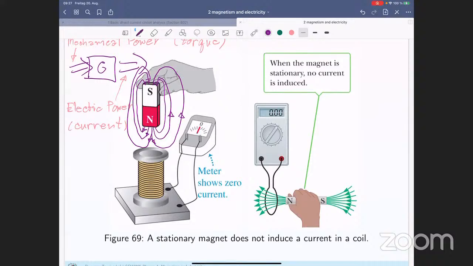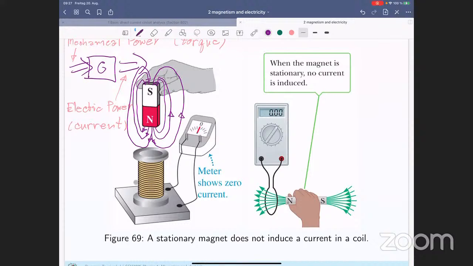Ammeter is the instrument used to measure current. Ampere is the unit of current. So if you have the ammeter here, and this is the point that is